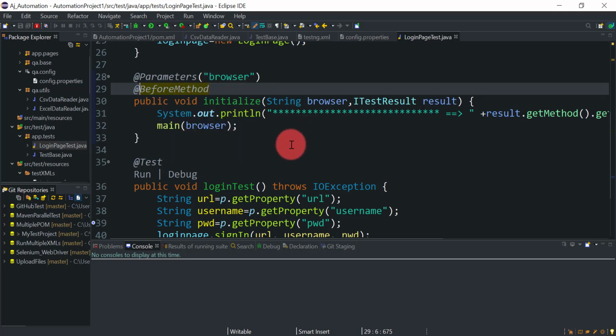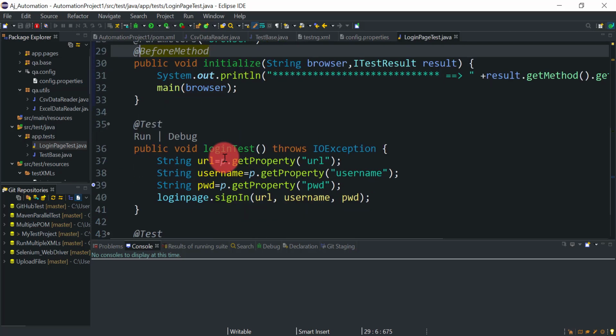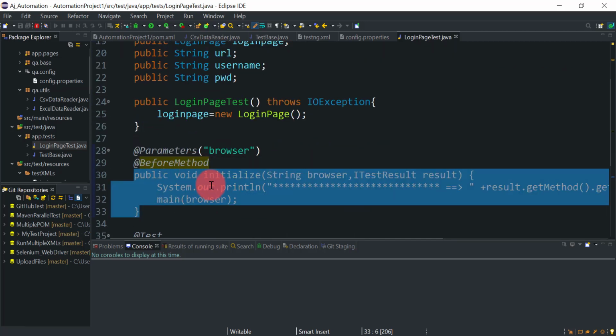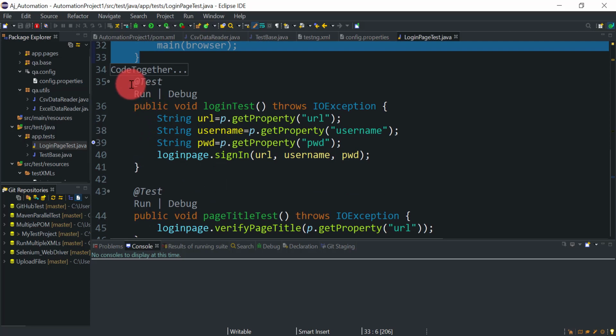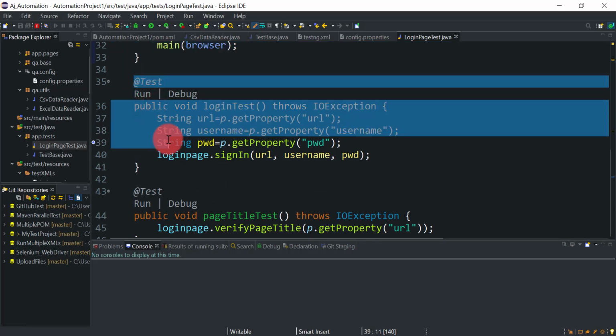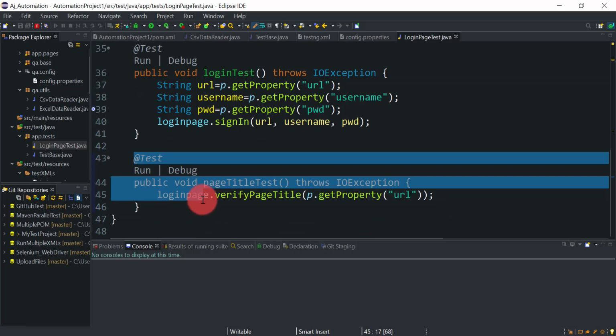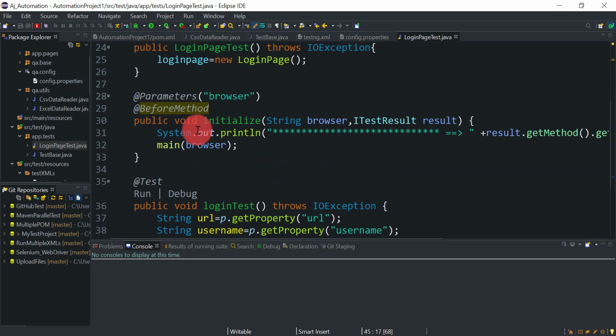This method will run before every test method. Whatever code or method is available in this before method annotation will run every time before we run the @test method. Currently we have 2 @test methods in this class, so it will run 2 times. Here we are simply opening the browser.